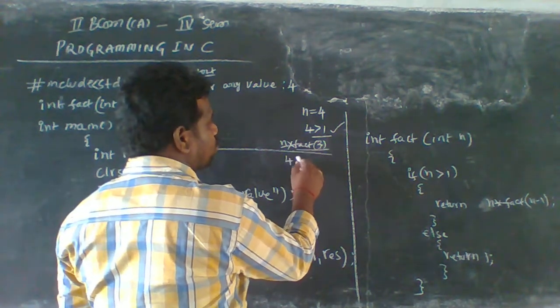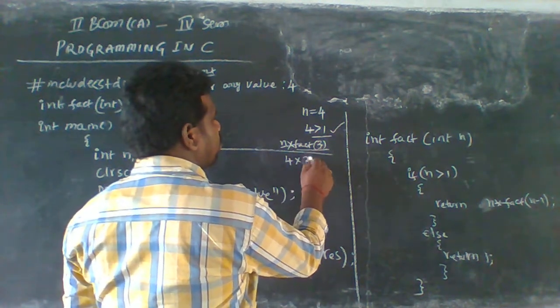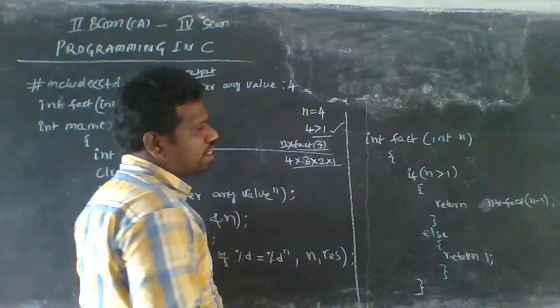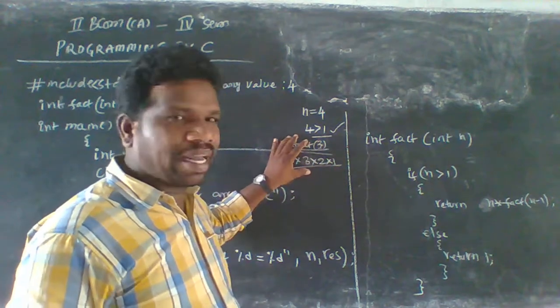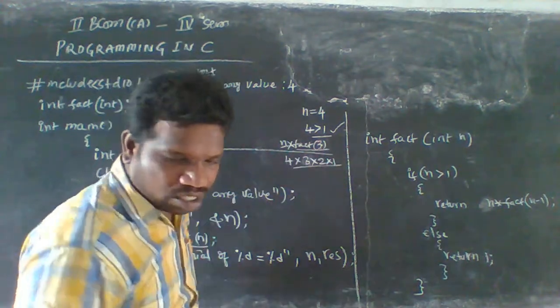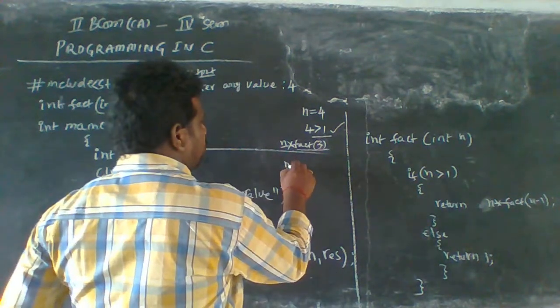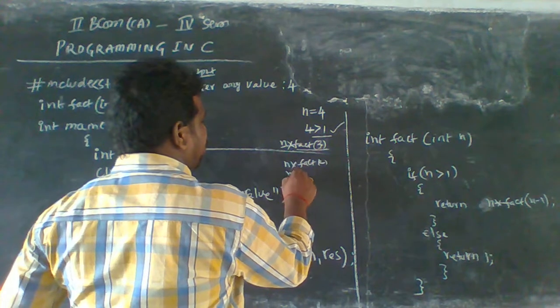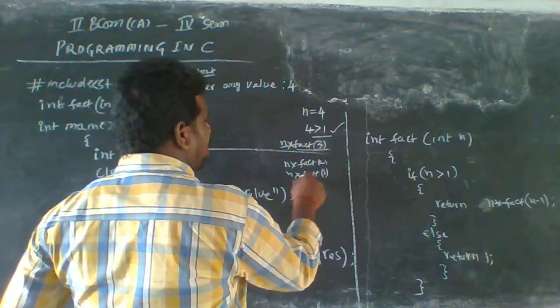The factorial is like this, you have to specify 4 into 3 into 2 into 1 here. Okay, and this process goes on. So this is the first call, and the second call like this: n into fact of 2, n into fact of 1, and n into